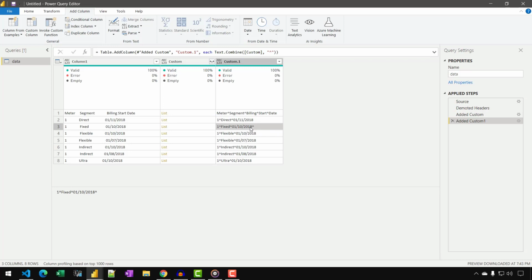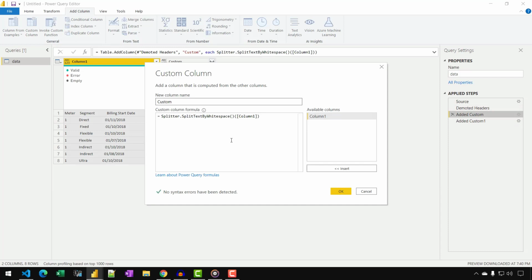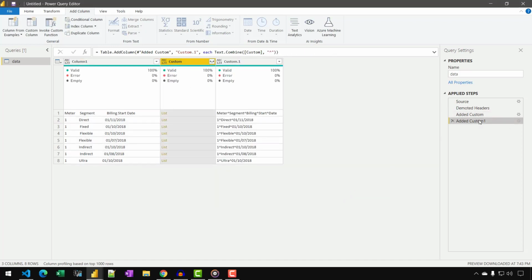This is because in the original string we have a trailing space, and we need to remove that. So I can go back to my first custom column, and all I need to write is Text.Trim, close the parentheses at the end and click OK, and go back to my second custom column, and you can see that the trailing tilde has been removed.